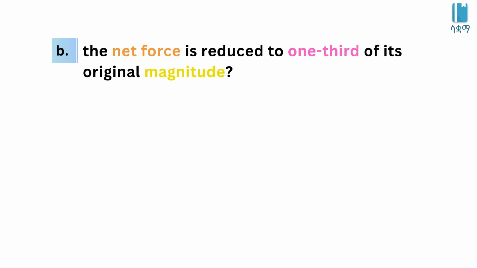So B ላይ ደግሞ በምንሄድበት ጊዜ: the net force is reduced to 1/3 of its original magnitude ይለናል. So እንበልና the first case ላይ የነበረው F1 እንበለው, የነበረው force that would be the impulse on the material J1 እንበለው divided by delta t. So አሁን ጥያቄ ምንድነው: the net force is reduced to 1/3, ማለትም ከመጀመሪያው በአንድ ሶስተኛ ቢቀንስ ከኦሪጂናል ማግኒቲዩዱ, impulse ላይ ምን ይፈጠራል ነው. So this is the first case. Now the second case F2 ምንለው, now it would be 1/3